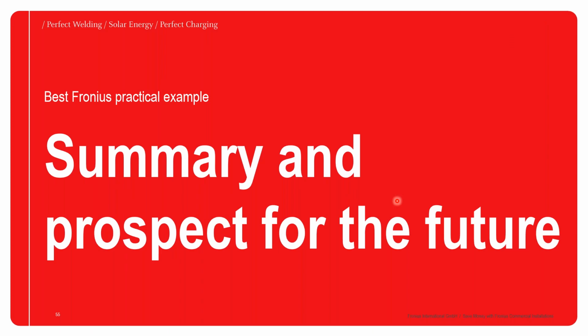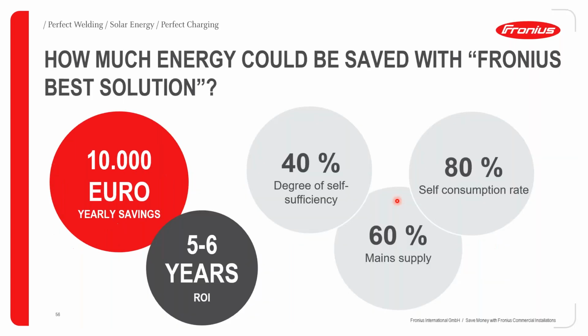Summary and prospects for the future. So as you can see from this example, the future is obviously very, very bright. We're able to save 10,000 euros yearly, which translates to about 833 euros per month. So if you convert that to your local currency, you can see that it's quite a lot